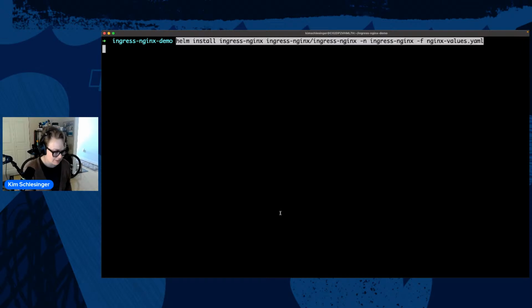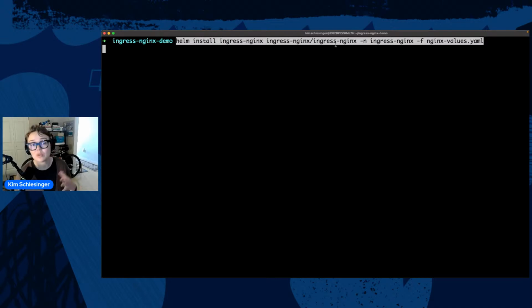And now I have this command saved. I'm going to install the Ingress Nginx Helm chart, and it gets installed as a release. I'm going to call that release Ingress Nginx, and I'm going to pass it my values file. So here's what the command looks like. You say helm install, and then the name of your release is next. So I'm calling it ingress-nginx.